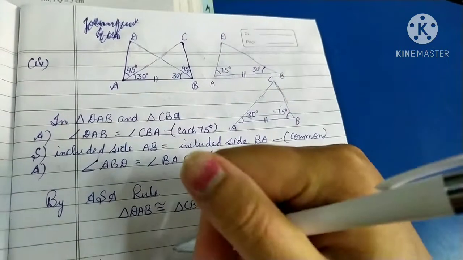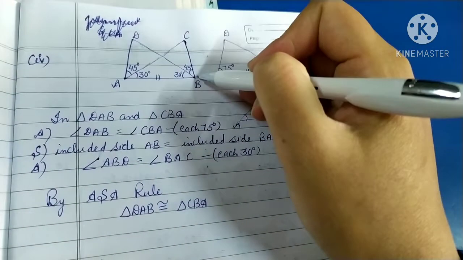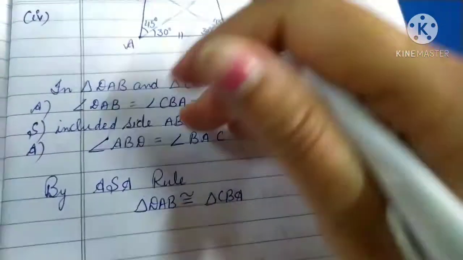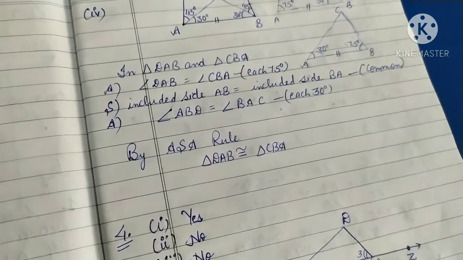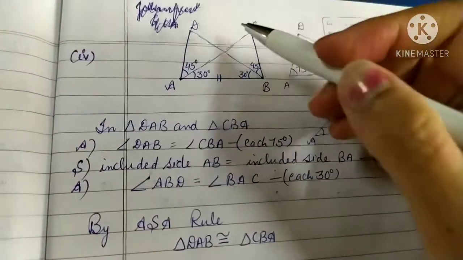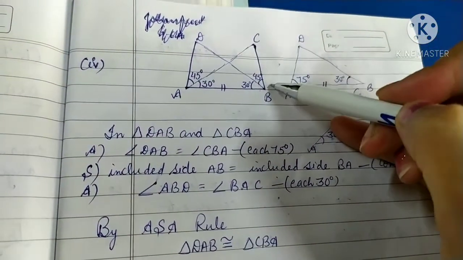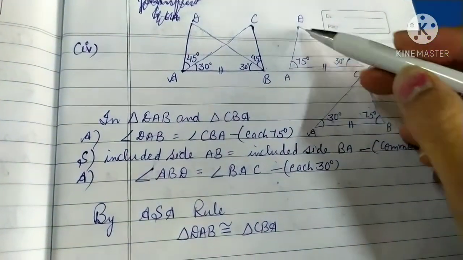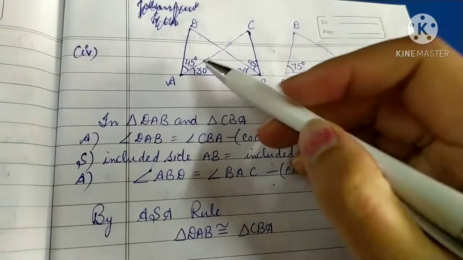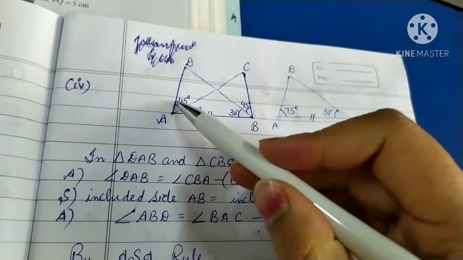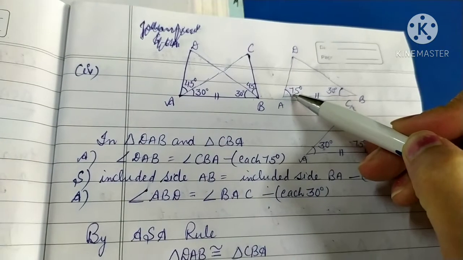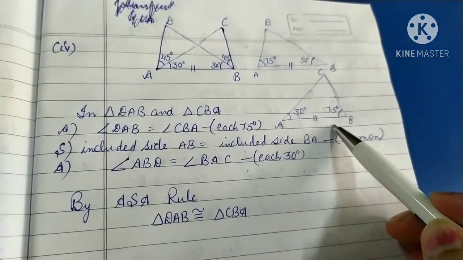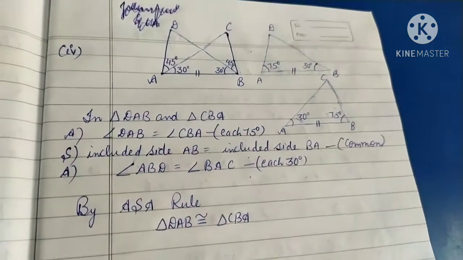If you see here, you need to take triangles DAB and CBA, I think, right? They have not given the names of the triangles. You need to name them yourself. So I have given DAB from here and CBA from here. And then the angle you have, if I see the triangle, this angle was a complete angle here. But they have given you two parts. So we had to combine those two parts to make this complete angle. So it is 45 plus 30, 75 here, and 45 plus 30, 75 here. Now you can do your work.